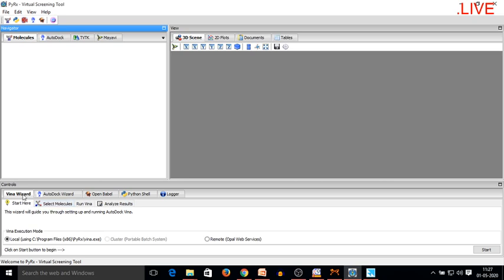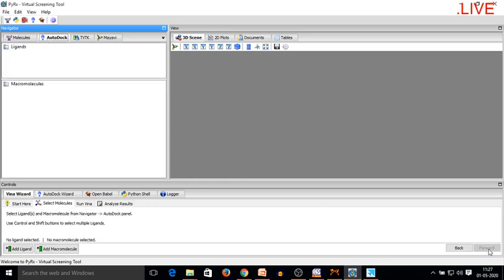Initially we will start from the VNA wizard. I have not done anything, and it is present in my C drive program files. Pyrex.vna.exe has been running here. Now when we see the extreme right, we can see a start option present there. As I press this start option, the tab shifted from the molecules to the Autodoc.